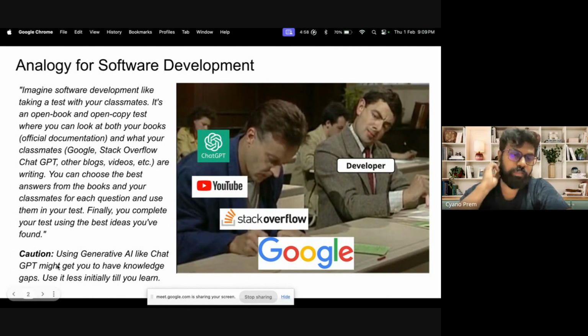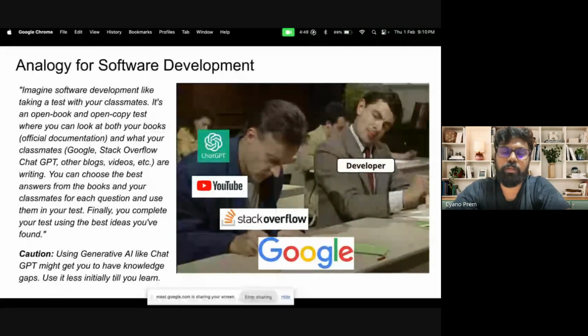Another interesting development which has happened recently is generative AI tools like ChatGPT. I'm sure most of you must already know what ChatGPT is. The thing is, initially when you're trying to learn to code, you avoid using things like ChatGPT. You use it to a minimum extent. What happens in ChatGPT is when you ask a question, it either gives the right answer, in which case you won't learn that much, or it keeps giving wrong answers for a particular question. So in both cases you won't learn.